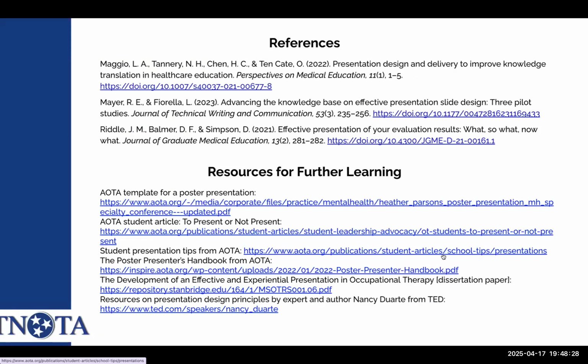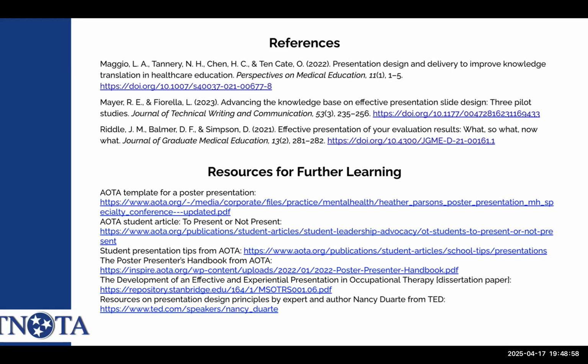So here is my list of references. The top three are what I really used, as well as my years of experience of both serving on conference committees and submitting a lot of proposals over the years, some of which were not accepted. And so I learned from that, and hope to share that with you so that your presentation, your proposal is accepted. The top three are the main references I used for this information.